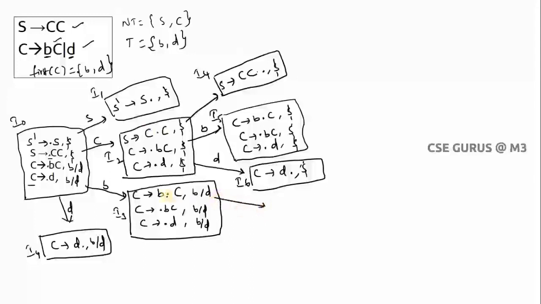So now this one. What do you need to scan? C. So it will become C tends to BC dot, where the lookahead is B by D. What is there after dot? No symbol. So I'll keep it as it is. You can see I4 is actually already here, no? So this is I5, this is I6, and now this is I7, and this one is I8. So we had repeated I4, so I just made the correction. So I5, I6, here I7, here I8.